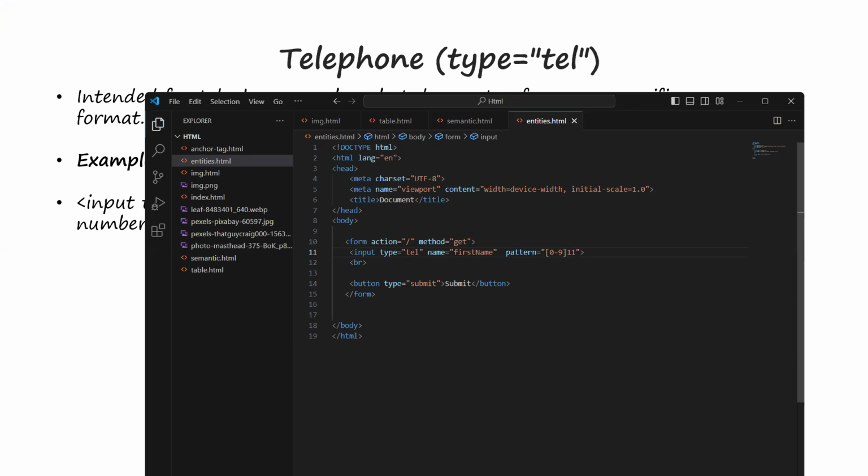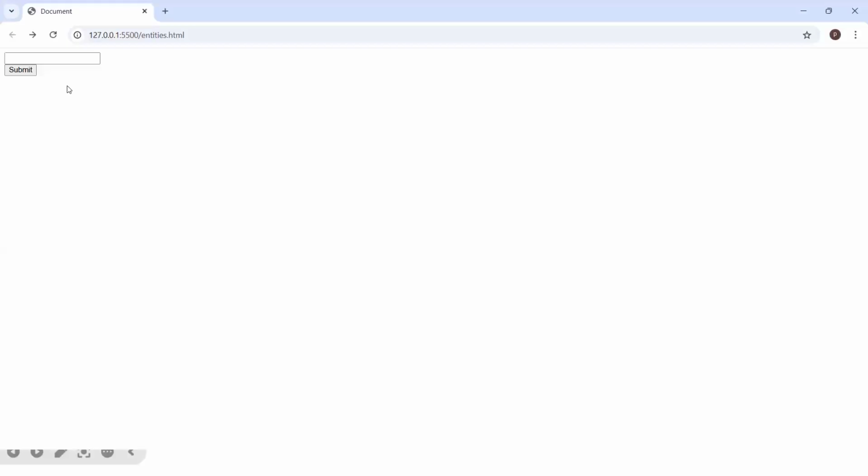So if I save now and go back, I can enter anything. Once it is more than 11, it says please match the required format. So I can go back and count: 1, 2, 3, 4, 5, 6, 7, 8, 9, 10, 11. If I click now, it will submit because it matches the